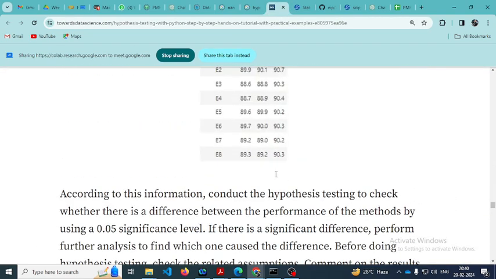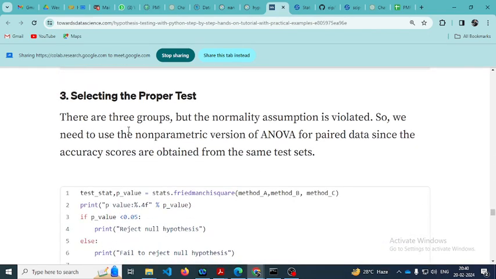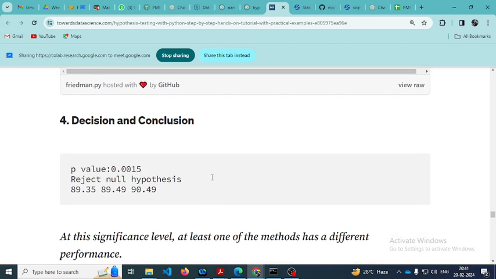In such cases you need to select a proper test. There are three groups, but the normality assumption is violated. Whatever assumption you have made is violated for method C. So we need to use the non-parametric version of ANOVA for paired data, since the accuracy scores are obtained from the same test sets. So what we will do is